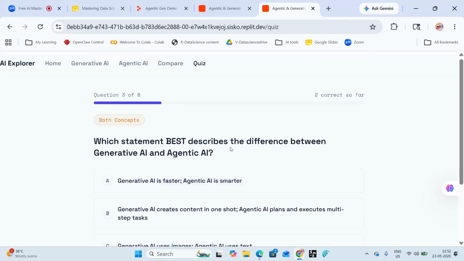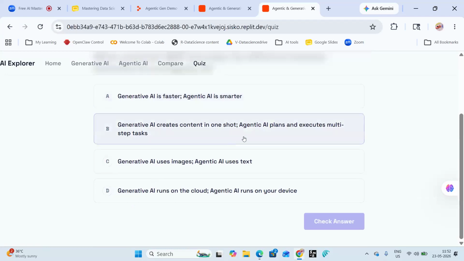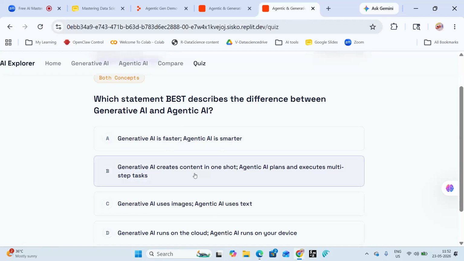Now, which statement best describes the difference between generative AI and agentic AI? What is the difference? Generative AI creates content in one shot. If you see the modern days, happy Mother's Day wishes, happy anniversary wishes, the people are not using apps or tools. They are going to Gemini and creating a prompt for happy anniversary wishes or happy birthday wishes.